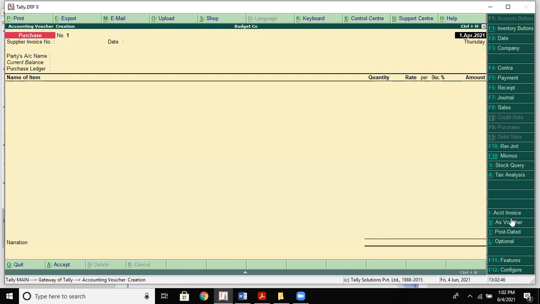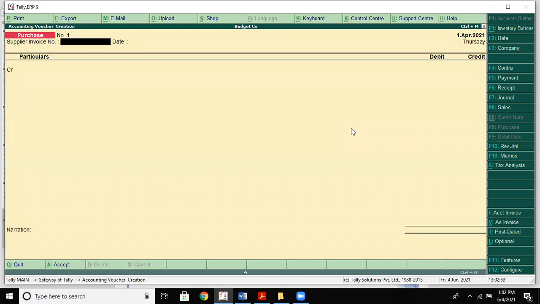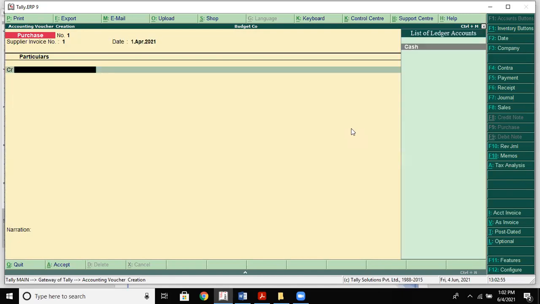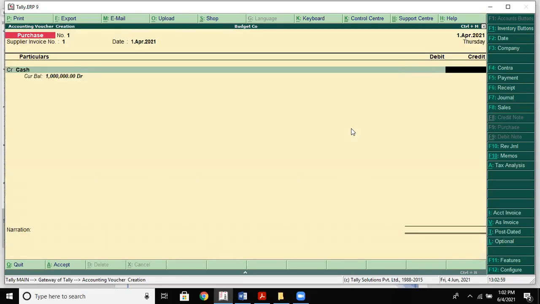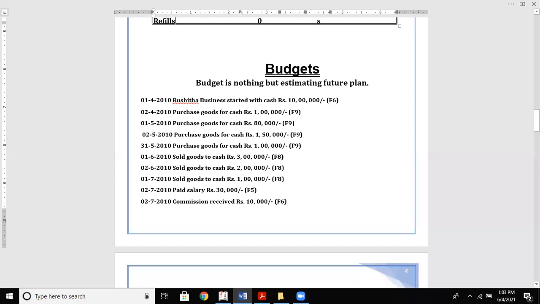Let us make it in voucher mode. Cash. How much she purchased? 1 lakh.